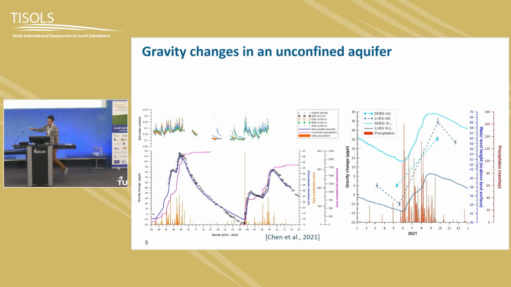So you can see the groundwater level in blue is very consistent with the gravity change here. So even if you can only measure 4 times in a year, you can see it's very clear that when the groundwater level is going down, your gravity change is going down. Also, when the groundwater level is moving up, you get an increase in the gravity change.